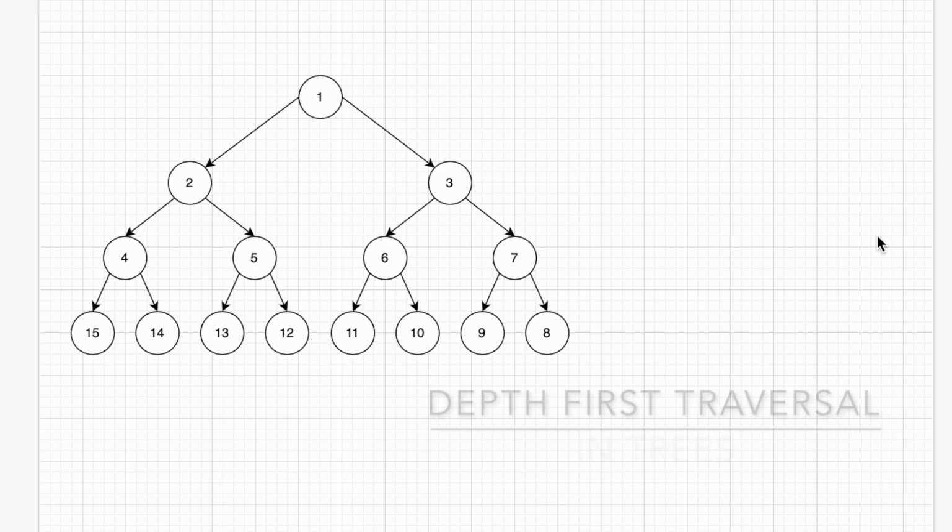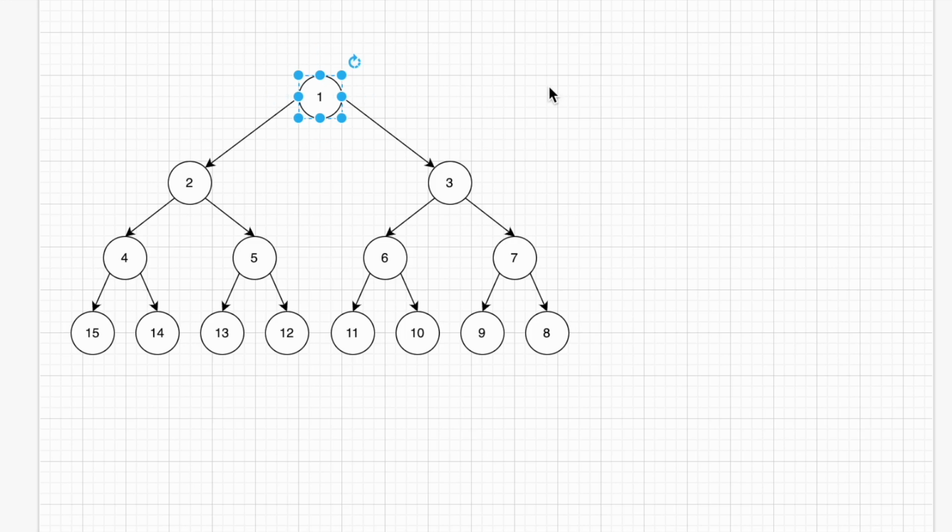Let's look at depth first traversal for binary tree. For trees, again we would start at the root node. This is how the depth first traversal would look. We would traverse 1, we would pick one of its branches, let's say 2, we would process 2, and then we would move on to yet another branch of 2, that is 4, and then the branch of 4, which is 15. At 15, we know that 15 doesn't have any other child associated, so it